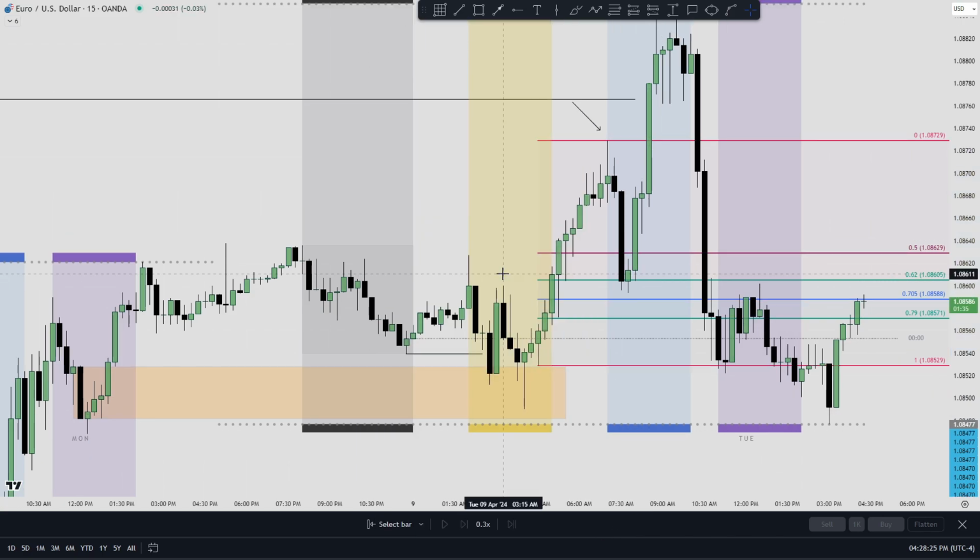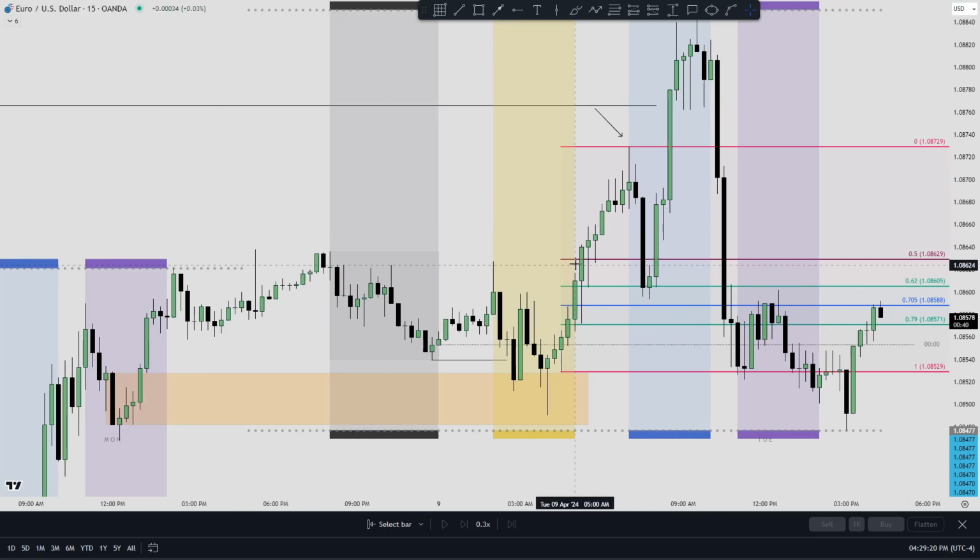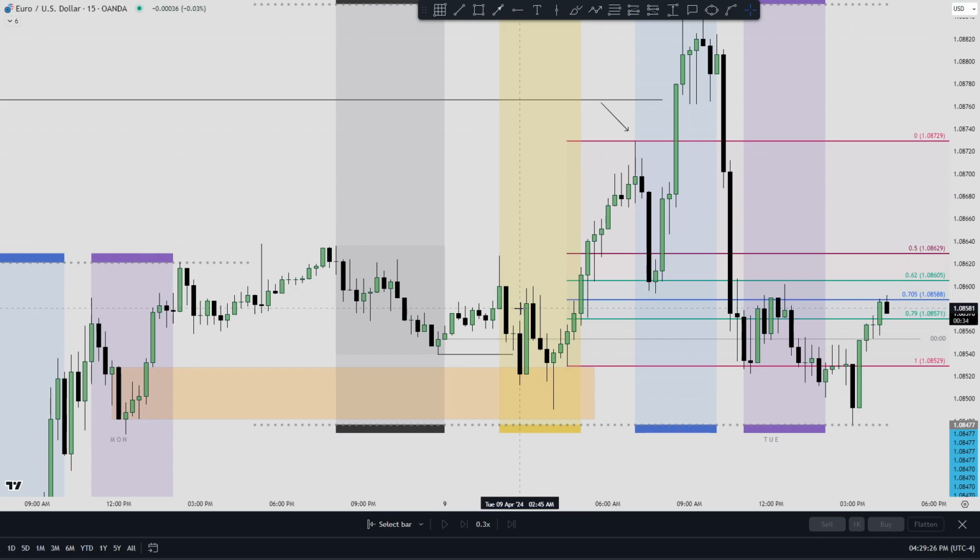So if we can look to the left here and look for any PD arrays inside of these four levels, this would then be a high probability setup to then take the New York continuation to the upside into this liquidity pool. So inside the 50% level, as well as these OTE ranges, we can see that we have a